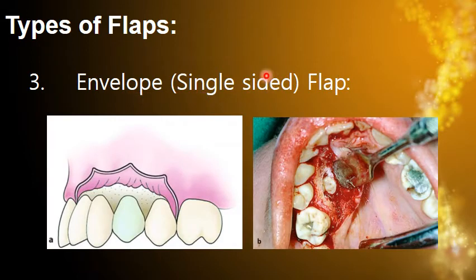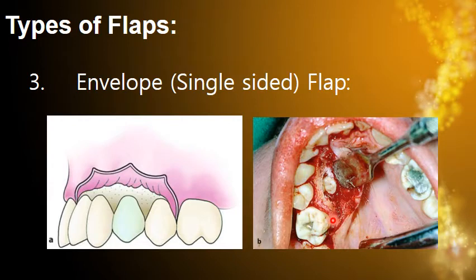Another type is the envelope flap or single-sided flap, because it is created by a single incision along the gingival sulcus, made horizontally along the gingival sulcus of the teeth. And if I have an edentulous patient, I will do the incision along the crest of the alveolar ridge. The uses of this flap: I could use it at any time, in any type of operation, especially if I have any operation related to the coronal part of the teeth, and especially when I need to do an operation